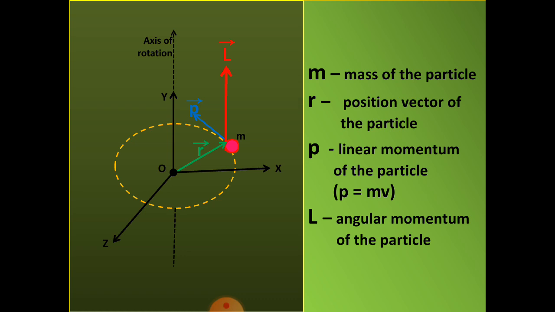Let's look at some examples. The planets move around the sun, the earth keeps on spinning, an ice skater executes a spin. Here in these examples, the rotational property of the system is expressed by angular momentum. The symbol for angular momentum is L, capital L.